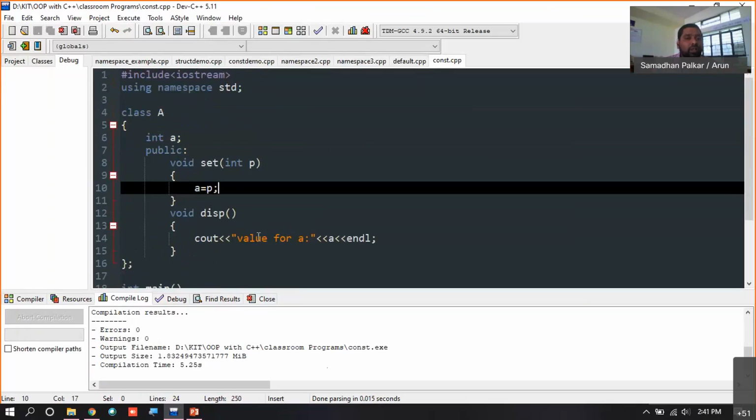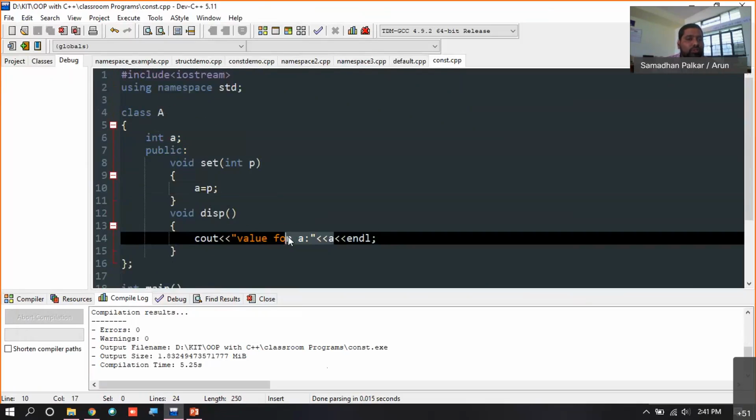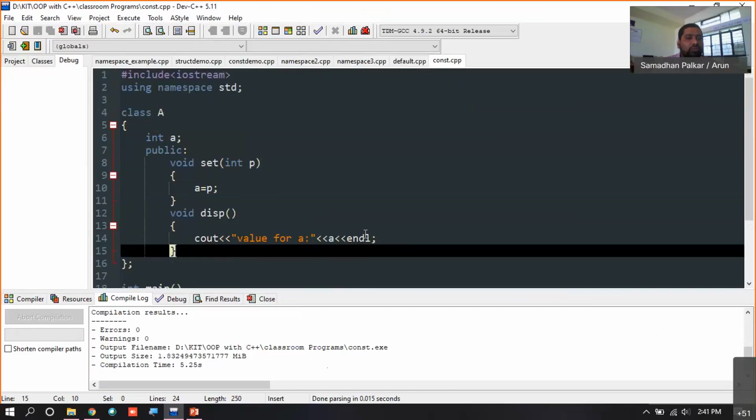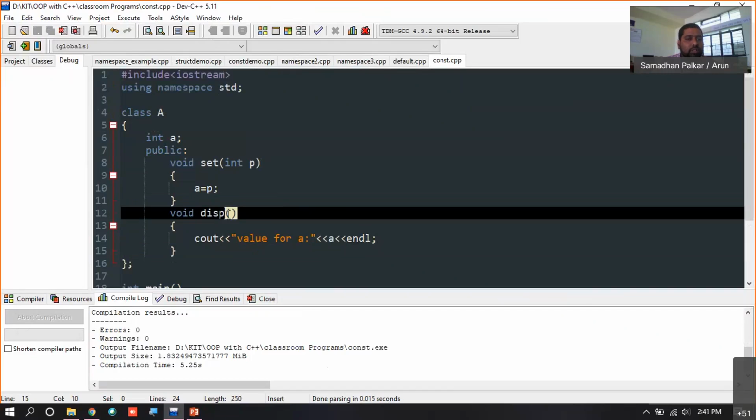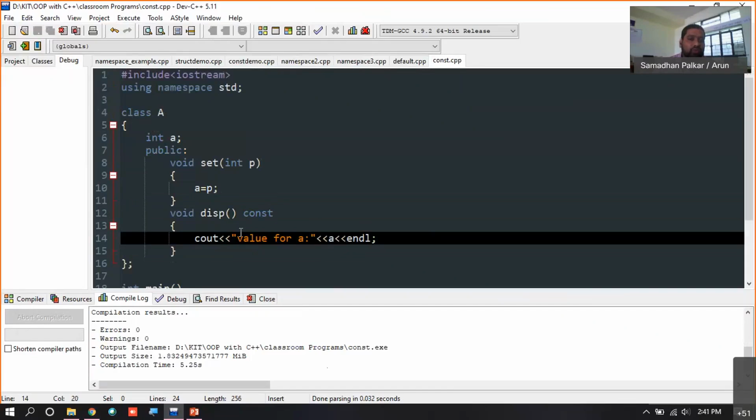Rather, the functions which are used for reading or for other purposes. So this function is used to display the value of a. Such functions cannot be used to modify the state of objects.